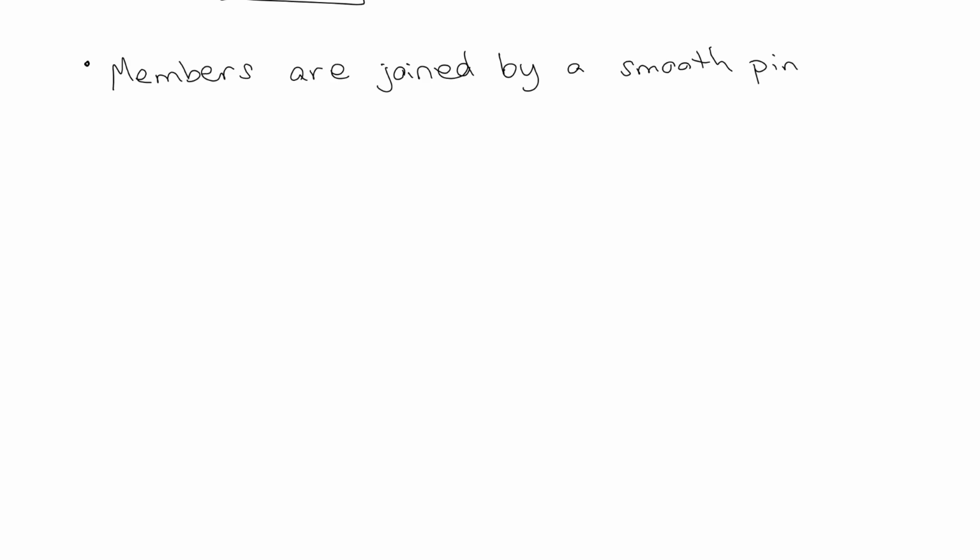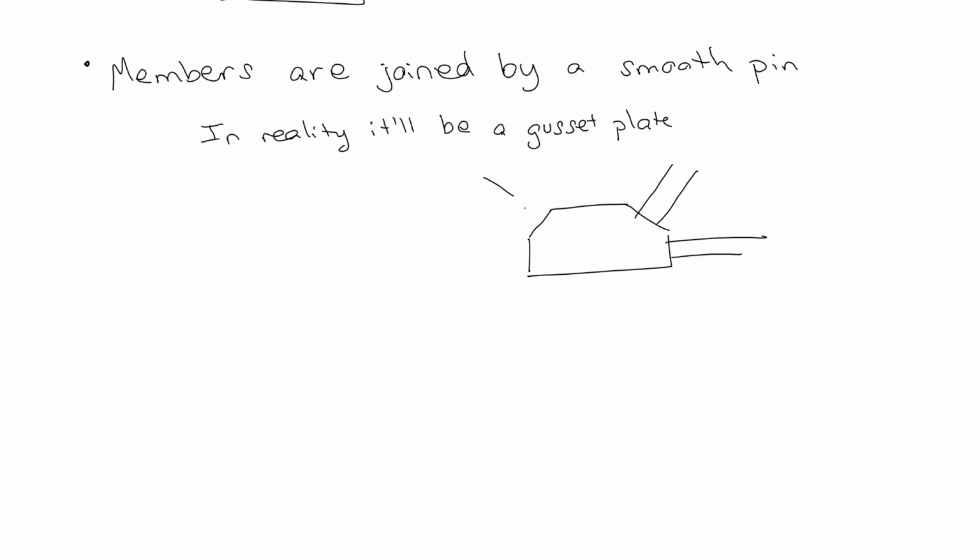So that's important. Now, the third and final assumption that we're going to make is that the members are joined by a smooth pin, which is funny because in reality, that's not how it works. In reality, you're probably going to have something like a gusset plate. So you'll have all these things coming into here, and let me try drawing the plate first. You have this little plate that comes in here, and you'll have these beams coming in here. We obviously don't make bridges anymore with rivets, but an old bridge is going to have tons and tons of rivets in here holding all this together. So in reality, it's not just going to be, hey, check it out, it's all in a pin. But for the purposes of our assumptions,